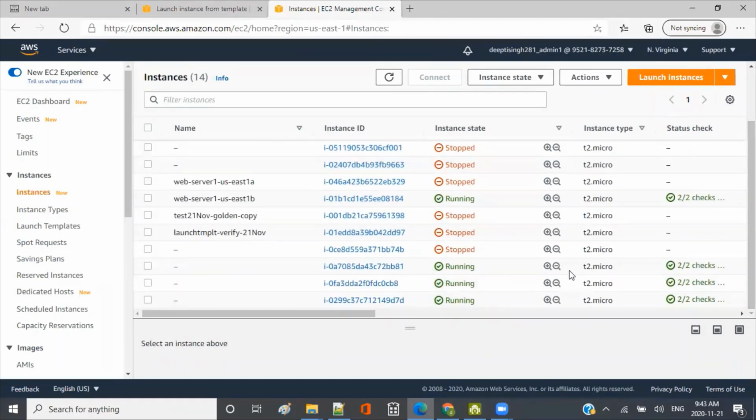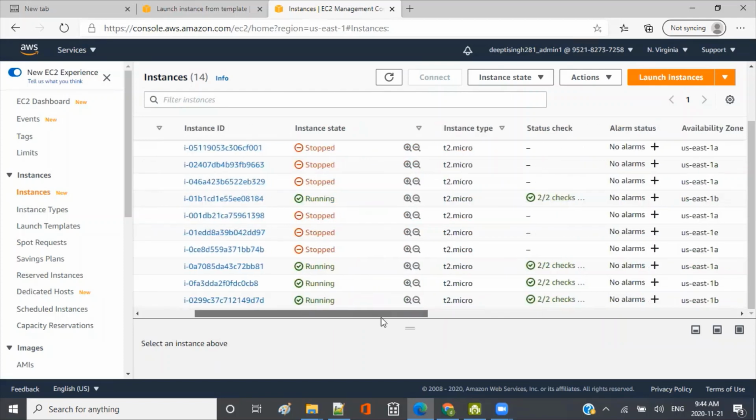Okay, so now these two are already up, with health checks passed, and this one is also. This check you see here on the EC2 screen doesn't have anything to do with our index.html. This is internal by the EC2 itself. But on the load balancer and auto scaling side, there I have specified my index.html for the health checks. Okay, these ones are the internal ones. So now I think we are done with this.